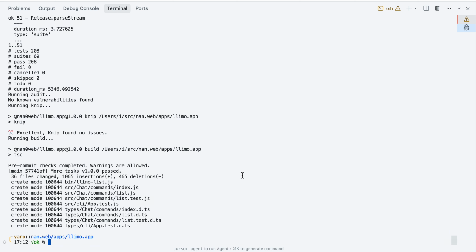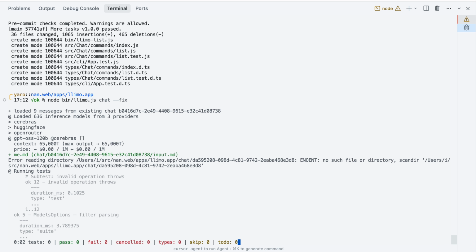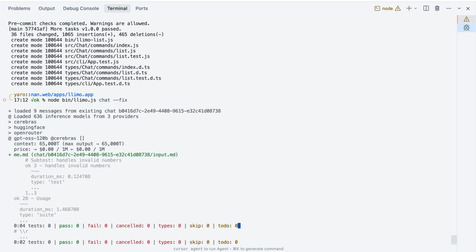New in the current update, I'm going with release version 1.0.0, and a nice feature added is llimo chat fix. So when we start fix, it starts in the current directory